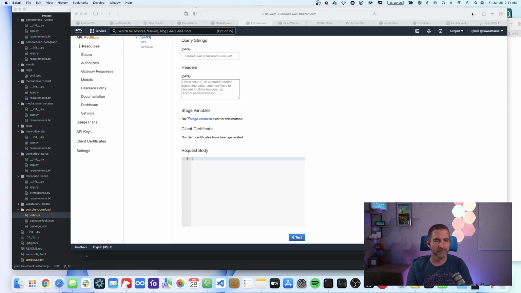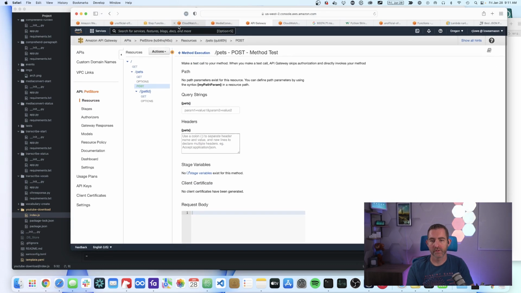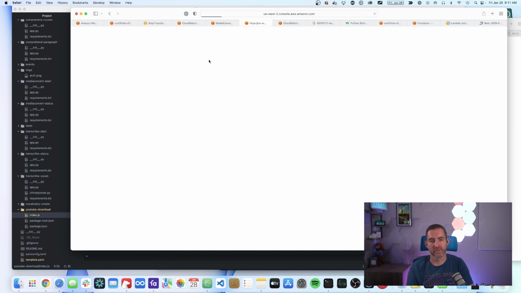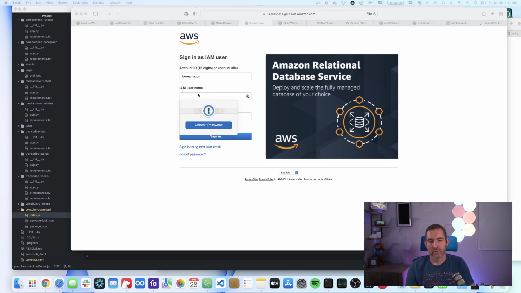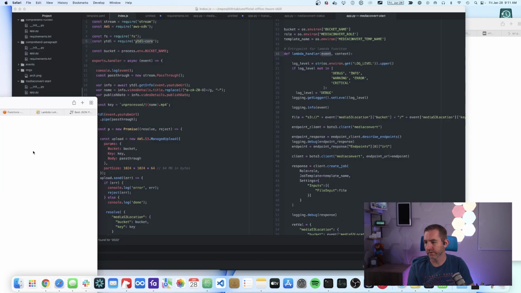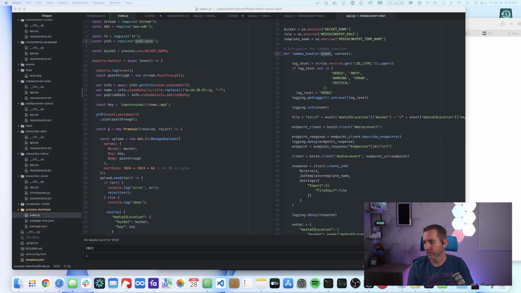Let me actually, I probably am logged out of AWS. So first, I need to log back into AWS. Need to log into my password manager. Let me pull this off over here for just a second. I normally do this before I sign on to the stream, but that's all right. Okay, so now